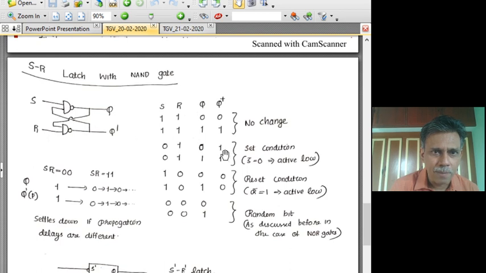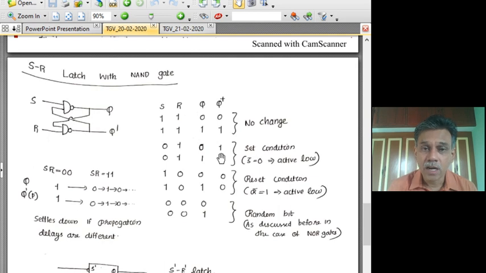So Q complement is not shown in this one, and that Q complement will come here, and because S is 0 here, whatever may be this value, so there will be a 0 before the bubble and a 1 after the bubble, that is Q will become 1. Which means that Q plus is 1, which means it is a set condition.